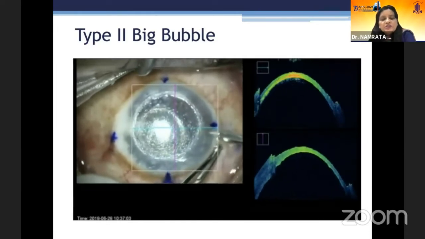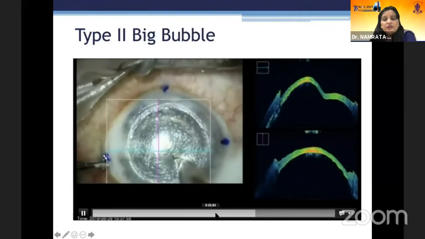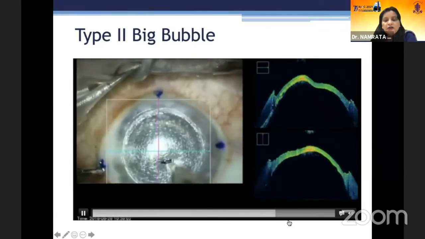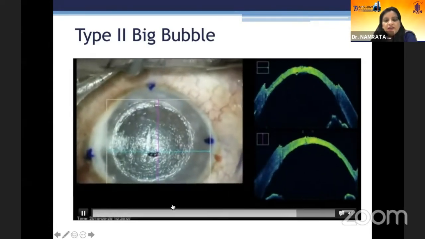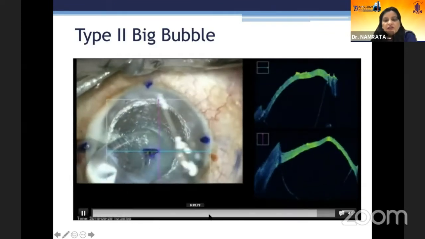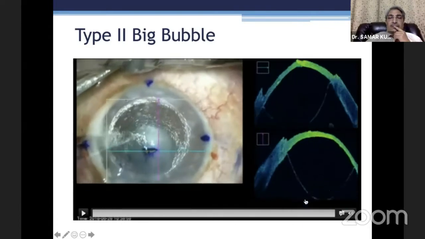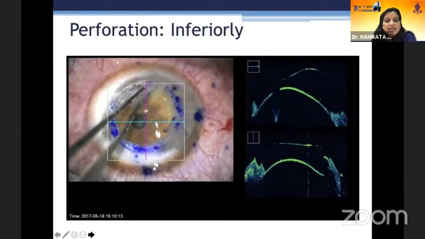The speed of the movie is not changed at all. So it's a very quick egress of the bubble when you give a nick in the overlying stromal layers, and this is probably because it is a type 2 big bubble. Even in the previous movie, the speed was not changed at all, where it was such a slow egress. Now, this is followed again by reinforcing the supra-Descemet's compartment,